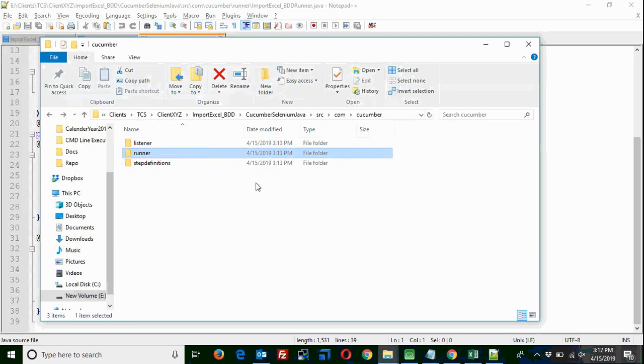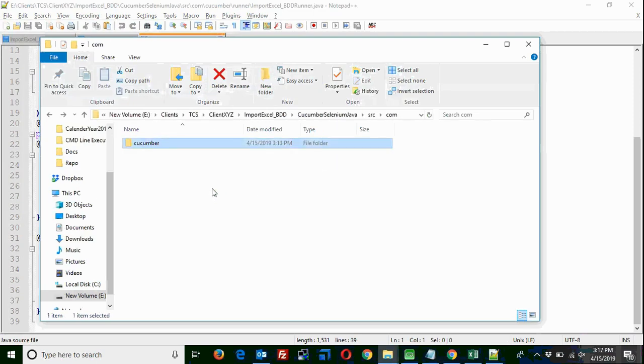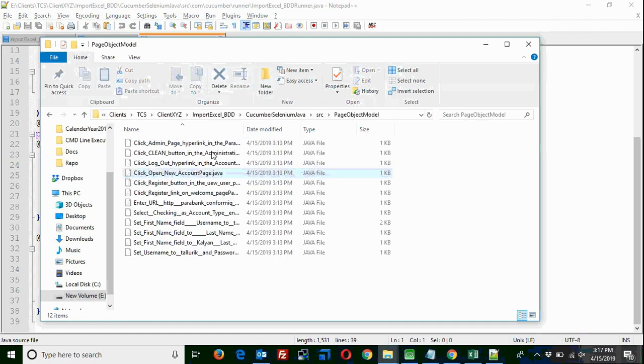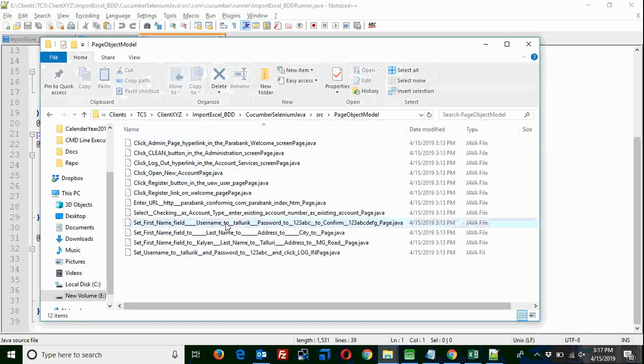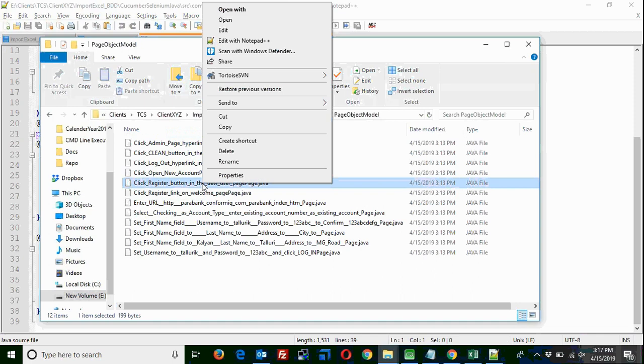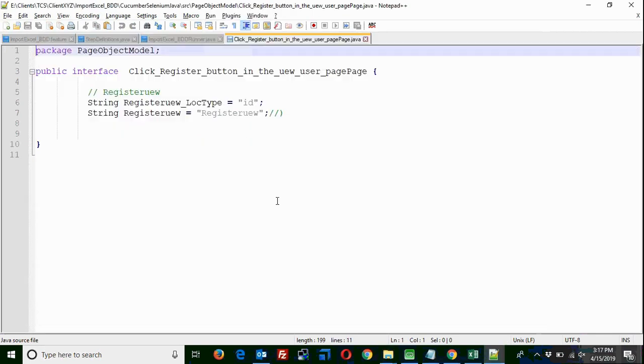And along with this, of course, it provides the page object details for each and every step here. So for example, this is where we need to configure the locator types and the details of the locator types. So that means the output is a base Cucumber framework.